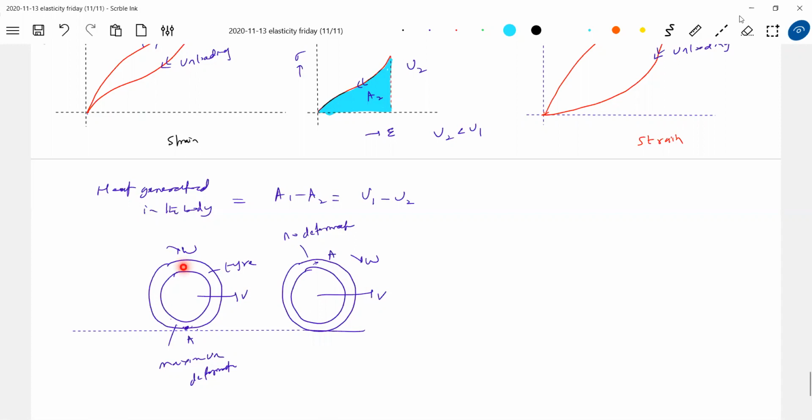So here what happened? I think I'm able to explain the sequence. The layer is here. No deformation. Look at this one now. Now the layer starts undergoing deformation. Energy stored in it increases. By the time it reaches the lowest point, maximum deformation. The energy stored in that one, let it be U1.